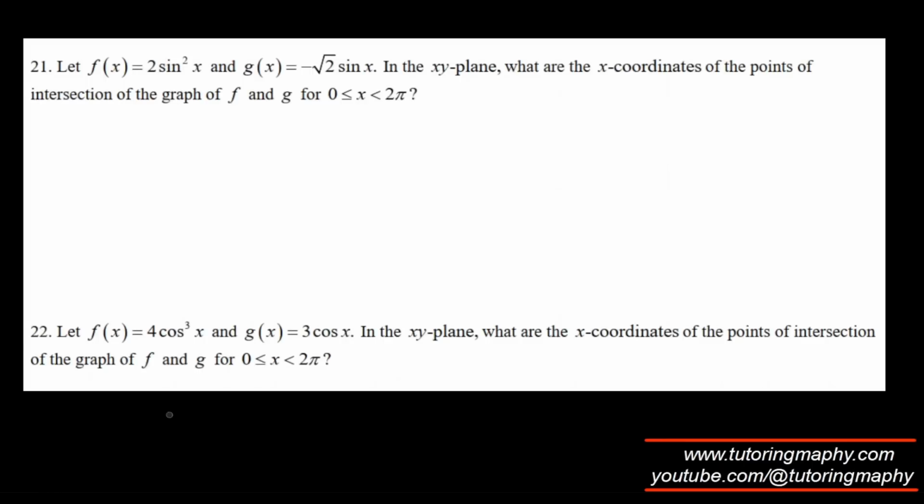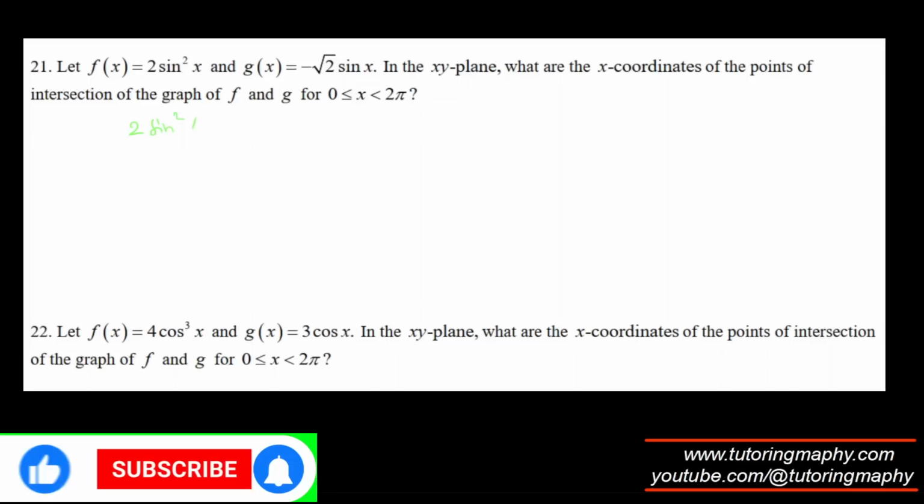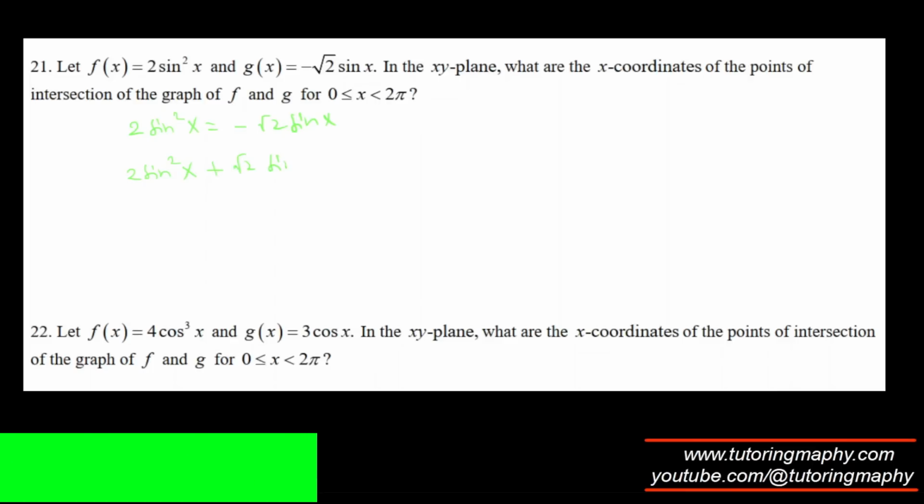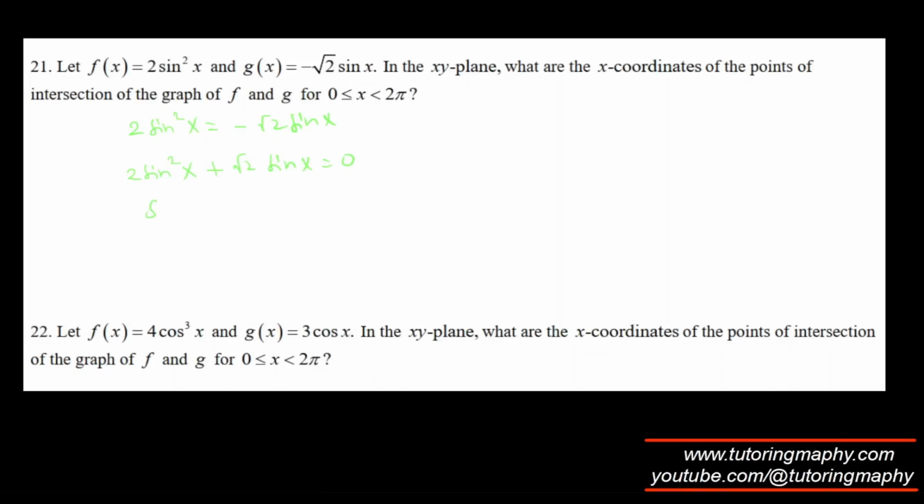Likewise over here, we need to find the point of intersection, which means that 2 sine square x is equal to negative root 2 sine x. Let's move everything on one side. So 2 sine square x plus root 2 sine x is equal to 0. Sine x is taken as a common factor. So sine x times (2 sine x plus root 2) is equal to 0, which means that either sine x is equal to 0, which definitely means that either x is 0 or x is pi,